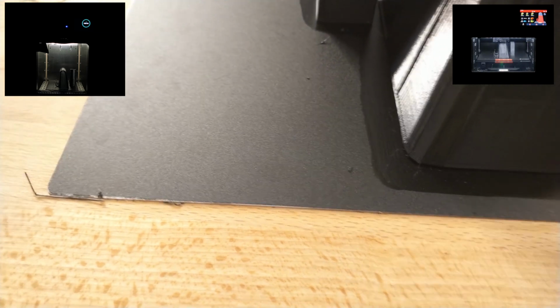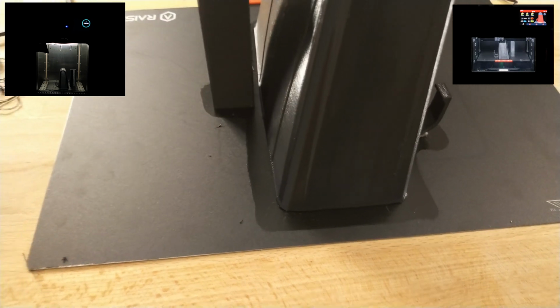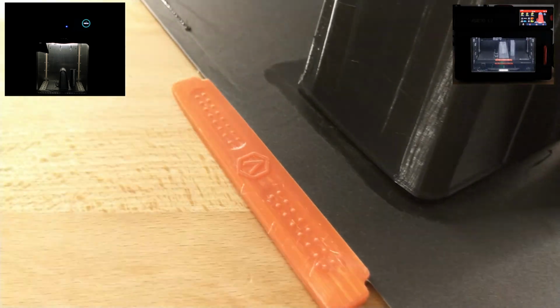Looking at the bottom, you can see that it really lifted on the corners. Let's see if I can focus. We have some lifted up corners here. So still the glue was not enough to have this part adhere enough to the build plate, and this is on all four corners here. As you can see,